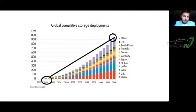The first question is about the graph. It's a pretty exciting and interesting graph, and it illustrates where we are right now as an industry versus where we're expected to be over the next 20 years. It really shows that the industry is still in a very early stage, although there are a lot of exciting developments, compared to where it's going to be. And just to put that in perspective, if you look at the whole market on the energy storage side, specifically the residential energy storage market,